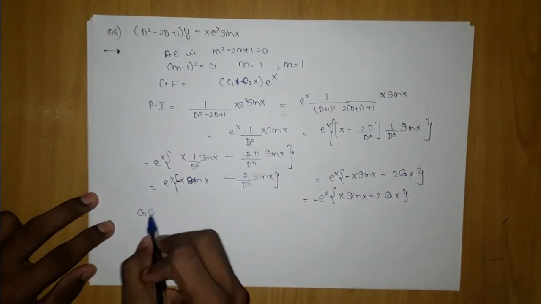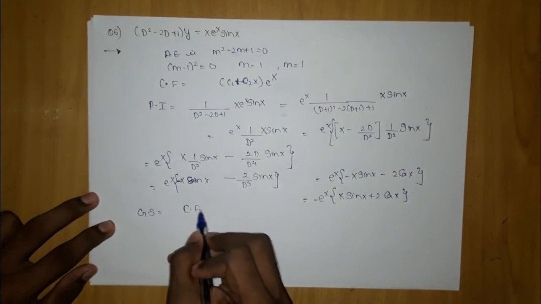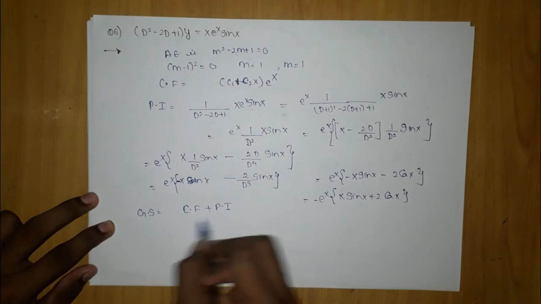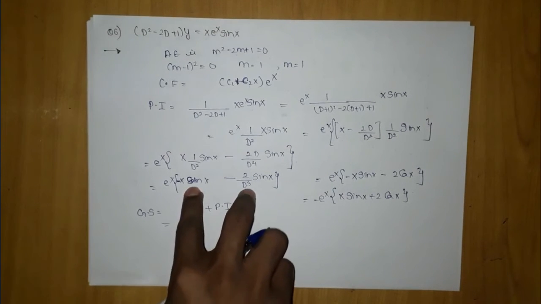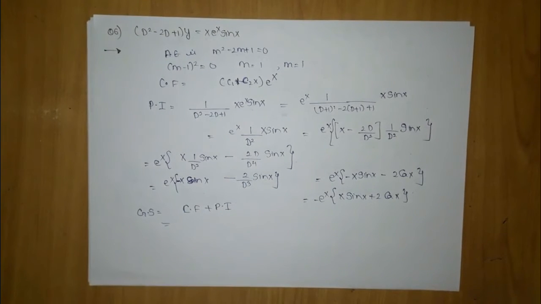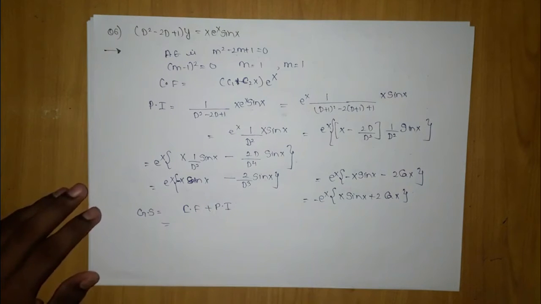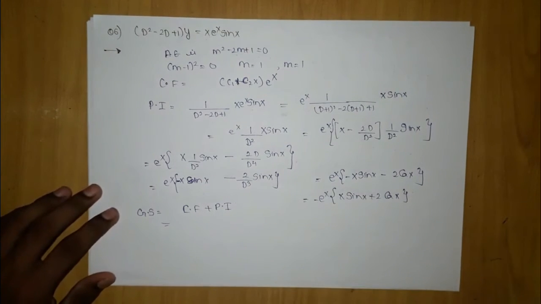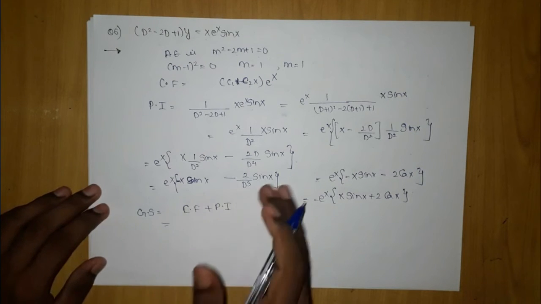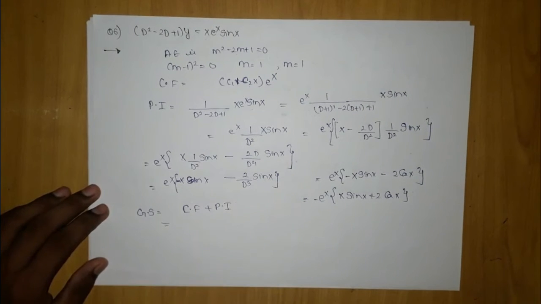Now the general solution is a combination of the complementary function plus the particular integral. Here I have reduced these two steps. Why? Because I would have to write it as 1/D into 1/D and then integrate it, so I would have to integrate it thrice. That is just integration only, and we have done that basic step in types 4 and 5, and now we are in type 6.